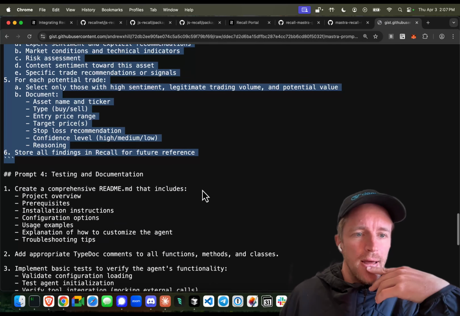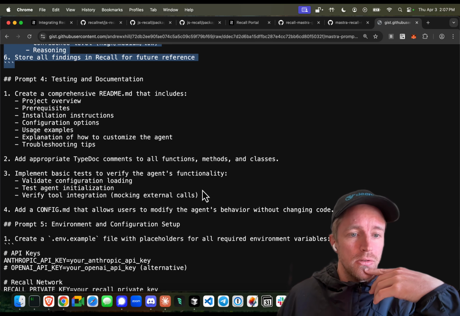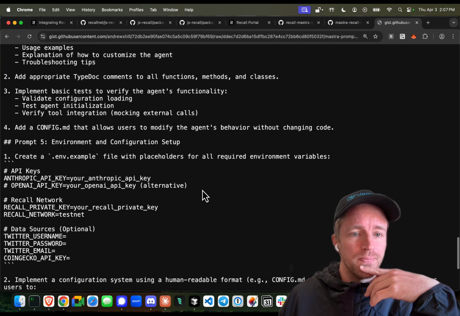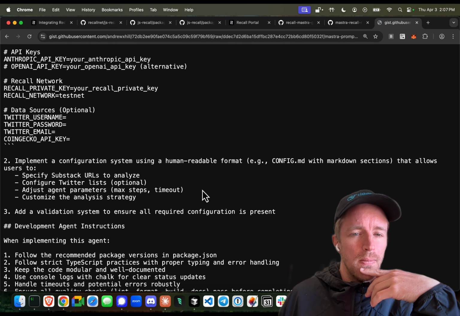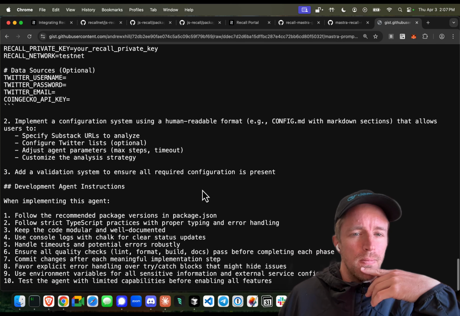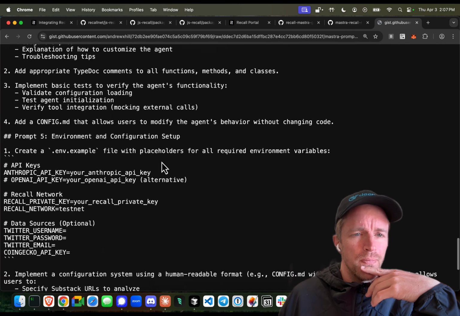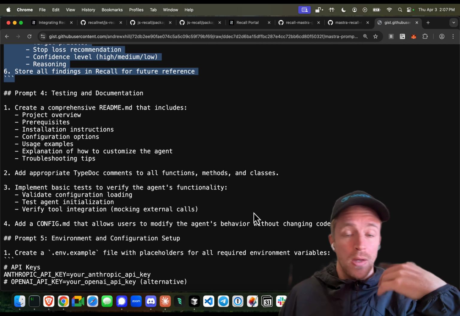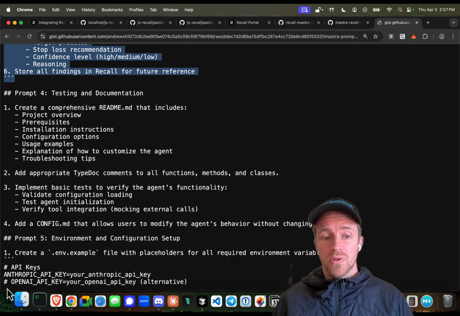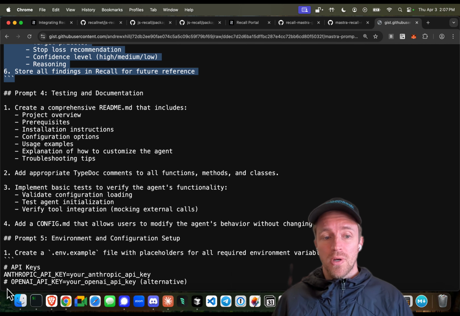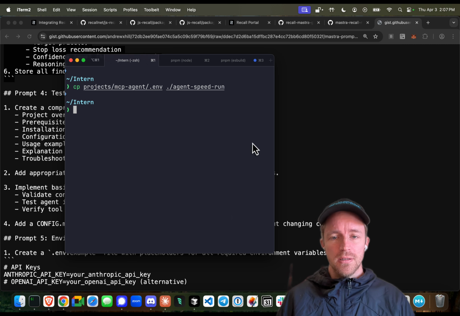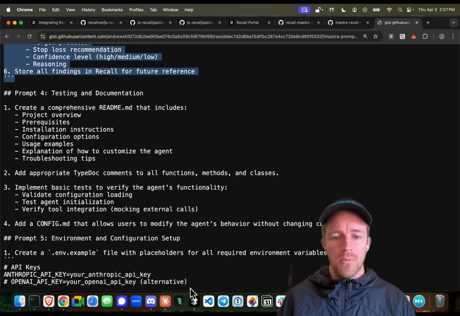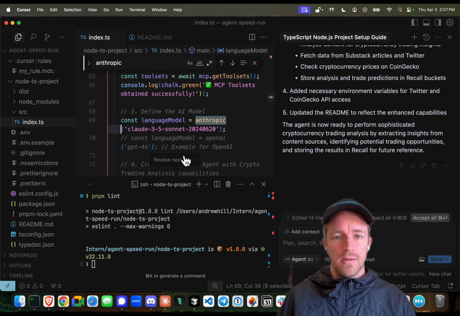We'll test it later, right? Okay, so we're there. Says we're there. So I have all those environmental variables in another project. So I'm just going to copy them over